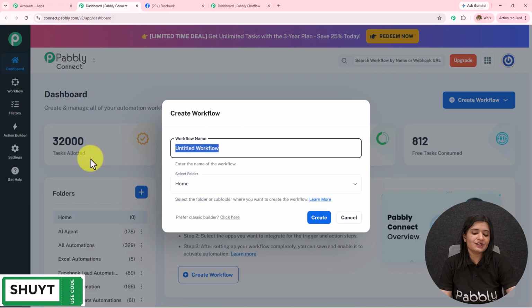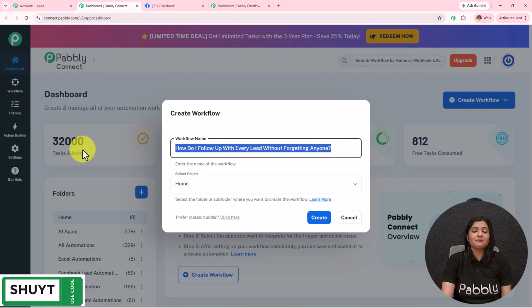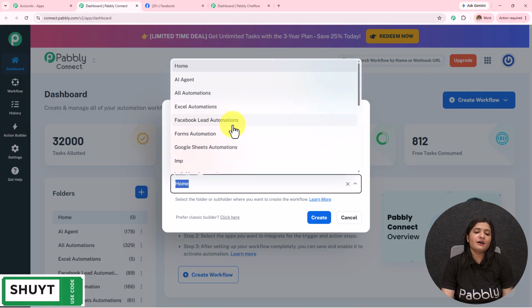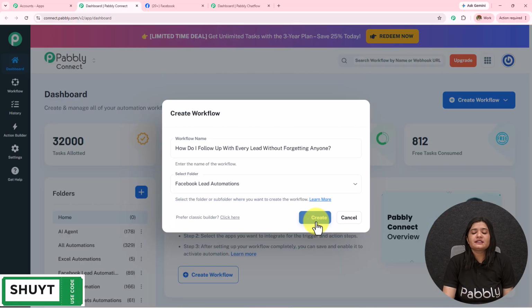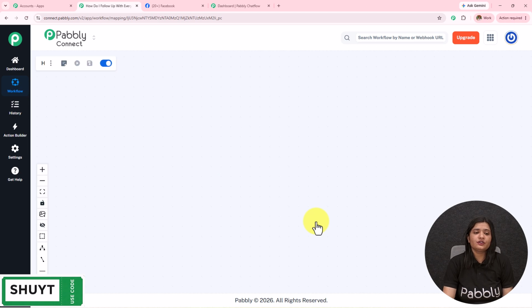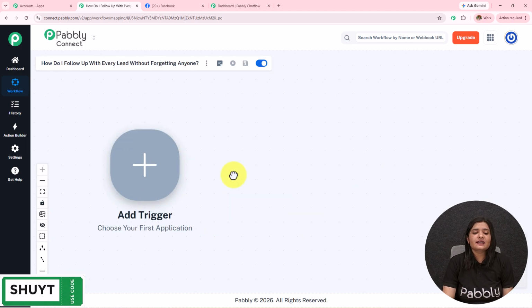create from scratch, and I'm going to name this workflow "How do I follow up with every lead without forgetting anyone". And now I'm going to select the folder. These are the folders which have been created. I'm going to select Facebook lead automations and then click on create. Here, workflow created successfully. As soon as I click on create, this box has appeared in front of me where